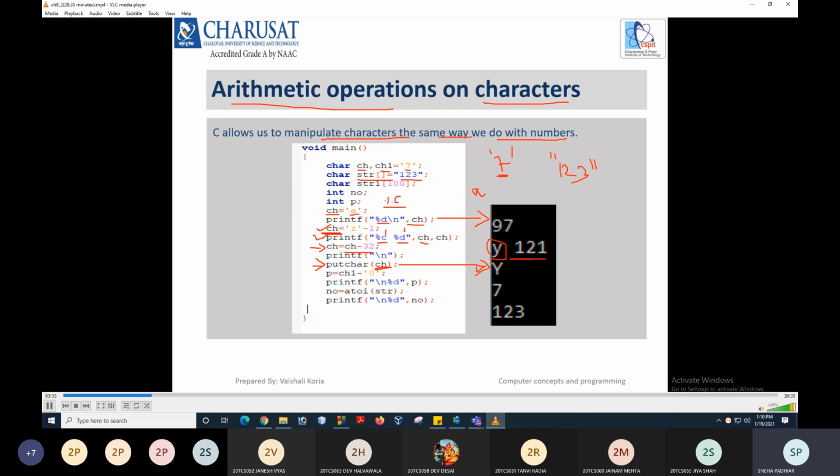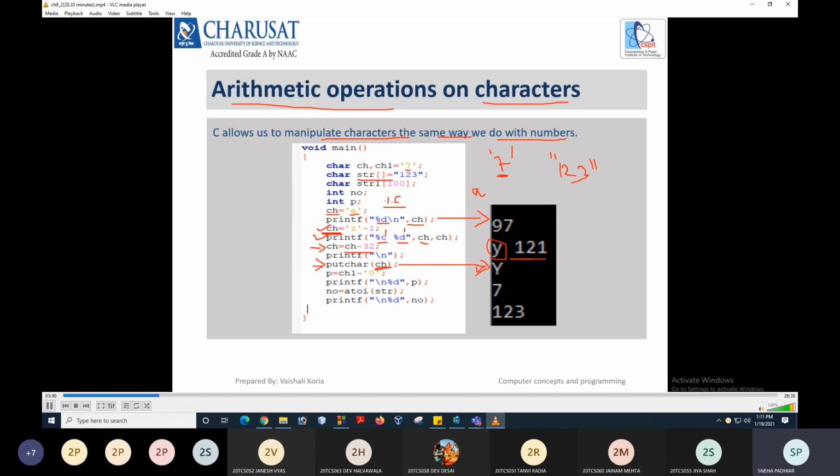Now in this next statement, to understand it, we first have to look at the declaration part again. The value of ch1 is 7, but 7 is actually a character.